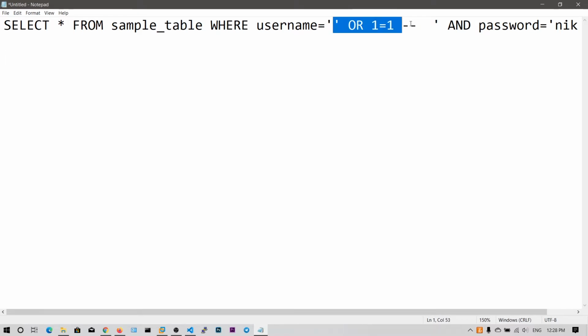I hope you have understood this syntax, right? It's very simple. Instead of the username field, you put this value so that it gets into this username condition. On checking this, it will be divided into two conditions, which are username and the or. This will be 1 is equal to 1, which is true. Even if the username is false, we don't care, because if one condition is true then the whole clause will be true, and this is the comment, we don't care. So the entire statement becomes true, and if you coded it poorly, then you will get logged in automatically. So this is the basic of SQL injection.